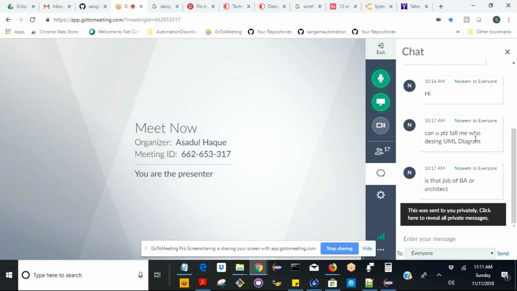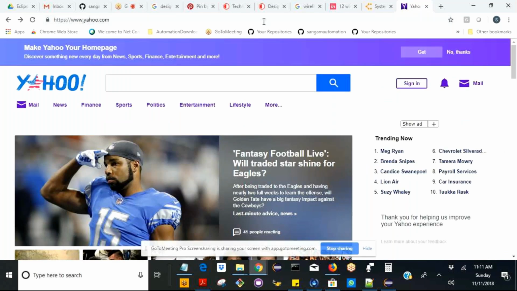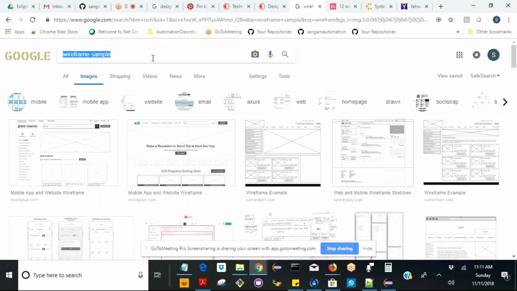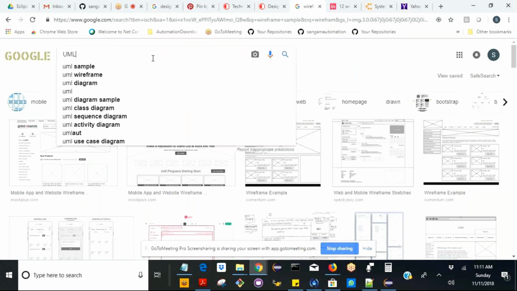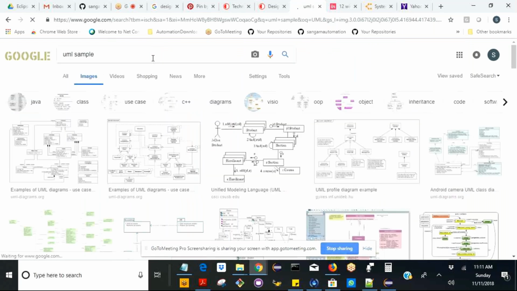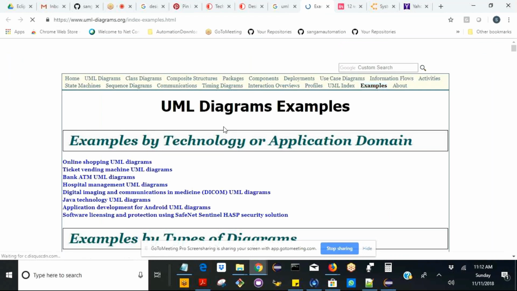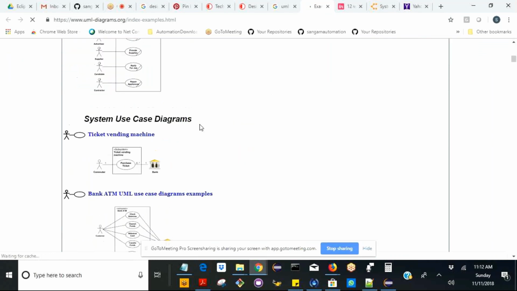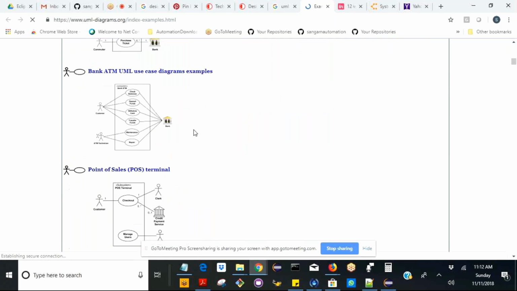Okay, what is the UML diagram? UML diagram is kind of a design document only. Okay, so let me just go to Google. So it's kind of a wireframe, or in other words, it's a wireframe only. So this is how it's going to look. You can say a UML diagram is a hybrid cross between a wireframe and the design, like a flowchart. So it's going to be more comprehensive and more understood by